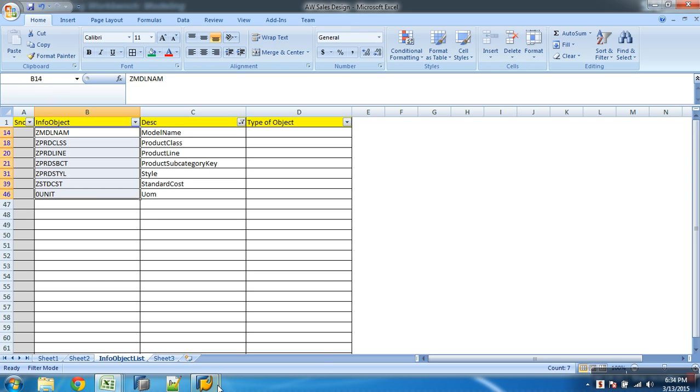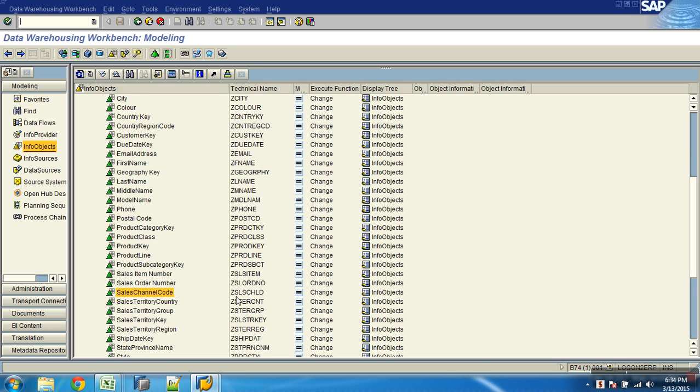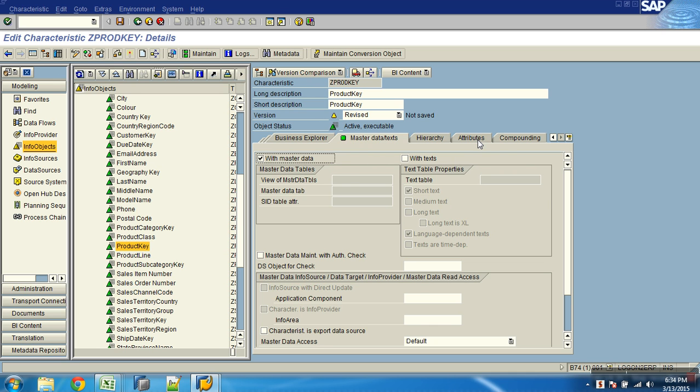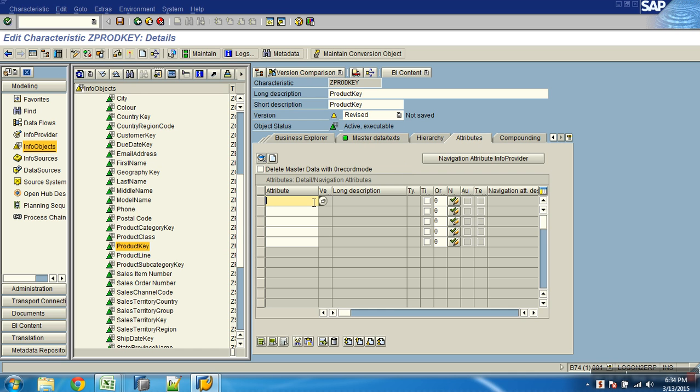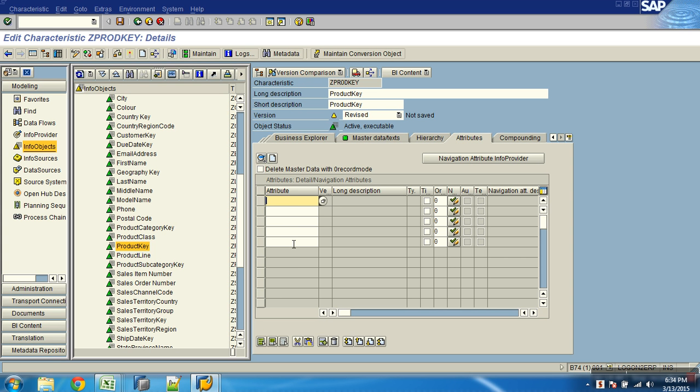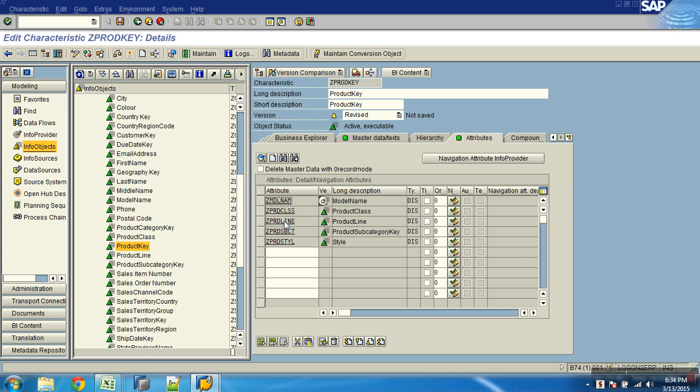Now let me go to the product. This is my product key. Right click and say change. Now for this product key, do you want an attribute table? Yes. As soon as you say yes, it brings a tab called attributes tab where you have to specify those. Done.